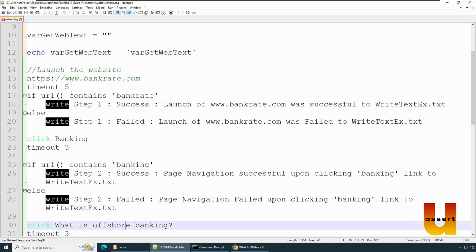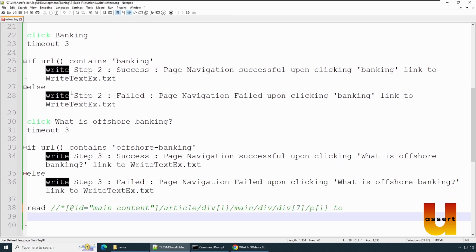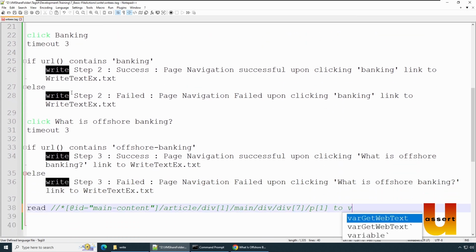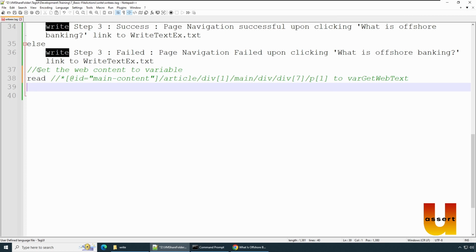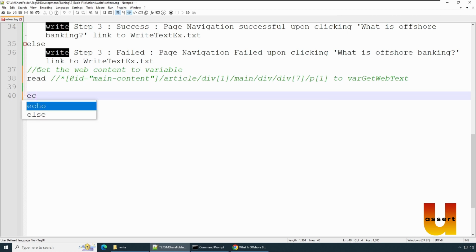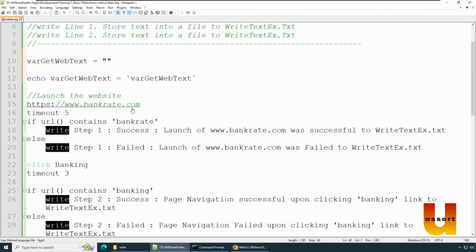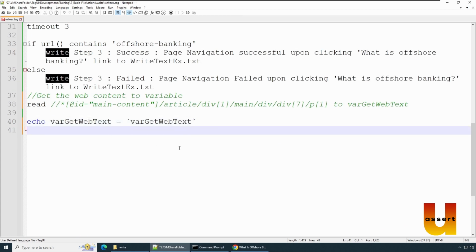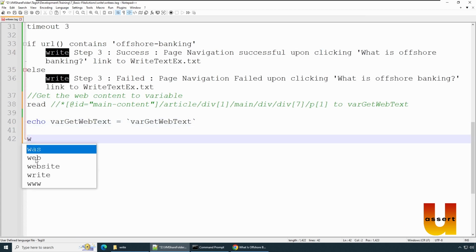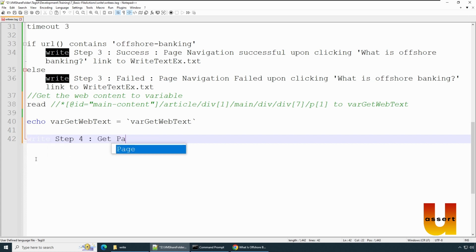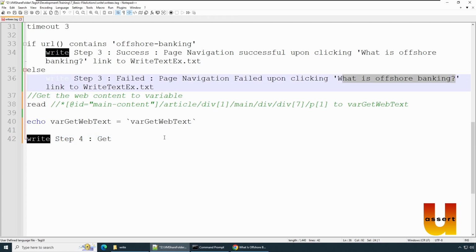When we come back here, what we are going to do is store it in the variable, and now come back here, echo this as well, echo the variable value. I already have the statement. Let's just copy paste it, which is over here, copy and paste it. So save time. Last but not least, let's write and let's say step 4, get what is offshore banking